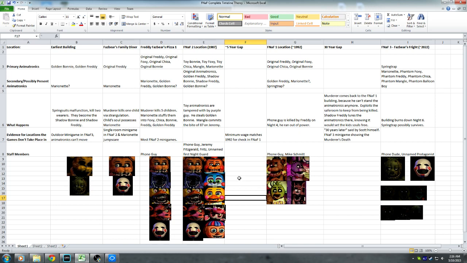And then finally, it's just the fact that she is the most damaged of all the animatronics. She's just a pile of parts if you haven't really looked at Five Nights at Freddy's 2 before. So she might be the most prone to malfunction. And why is it Jeremy? Well, Phone Guy,